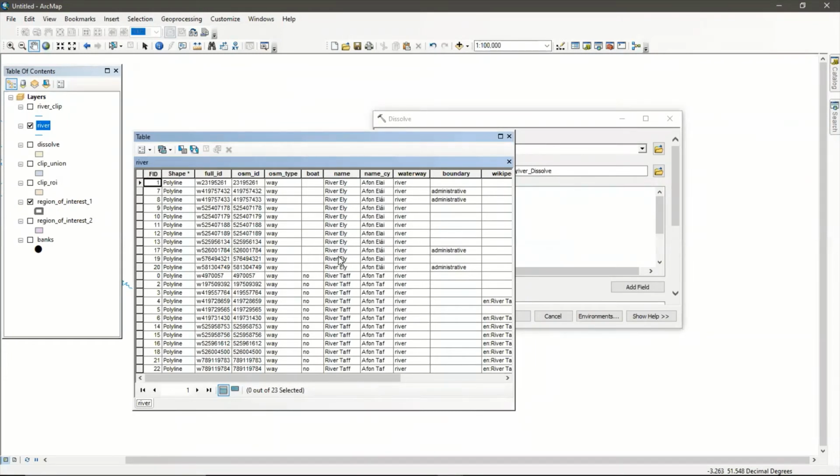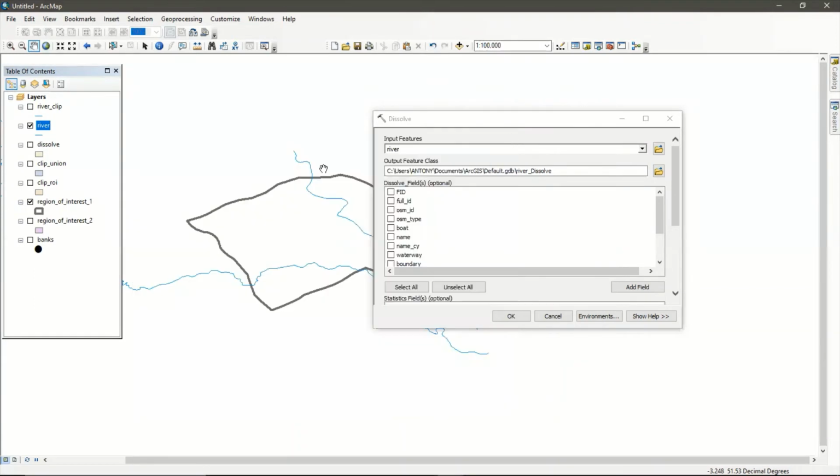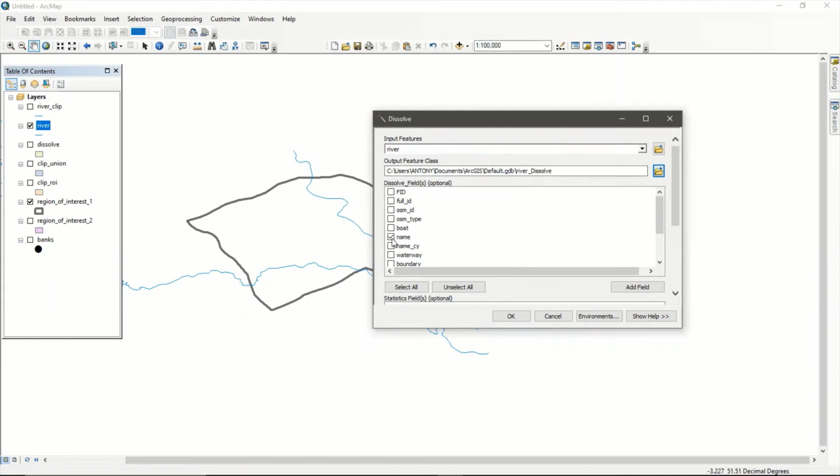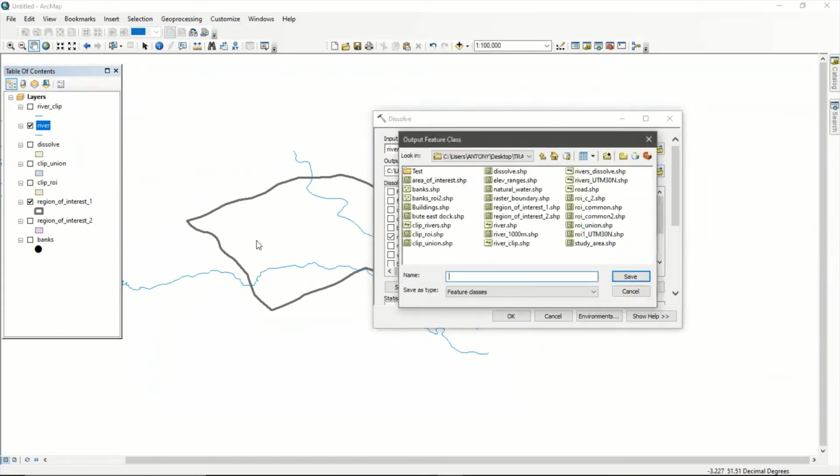I don't have River Eli duplicating 20 times here. I just want my dissolved layer appearing with only 2. So I just tick by name, and again, so that I don't mess with my original data, let me just add this one as a layer. So I will call this one dissolve, and then underscore